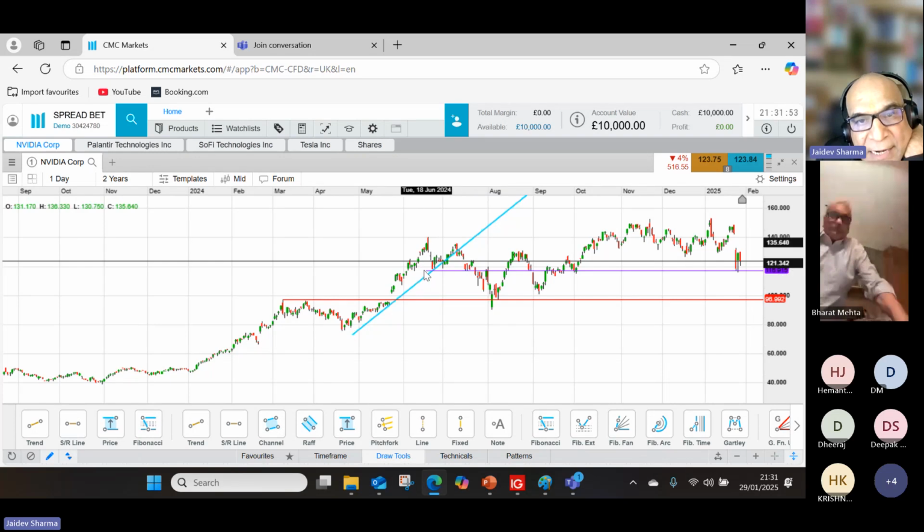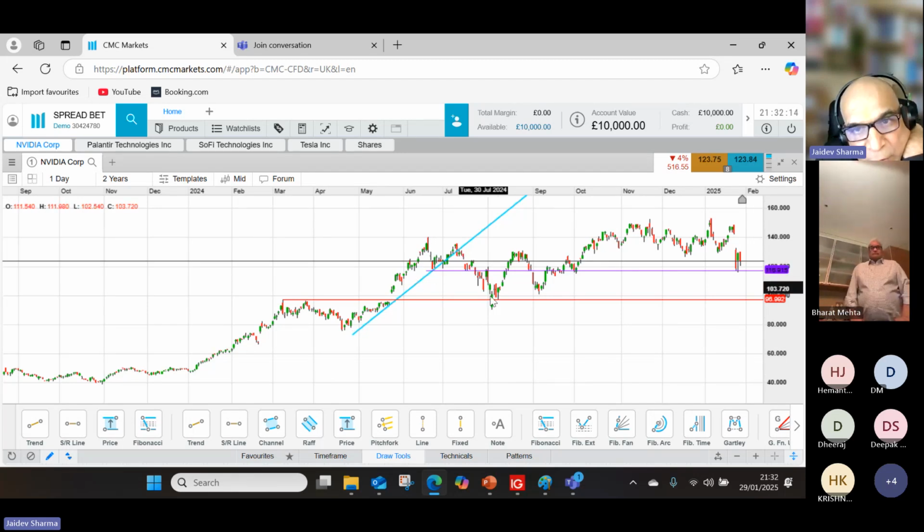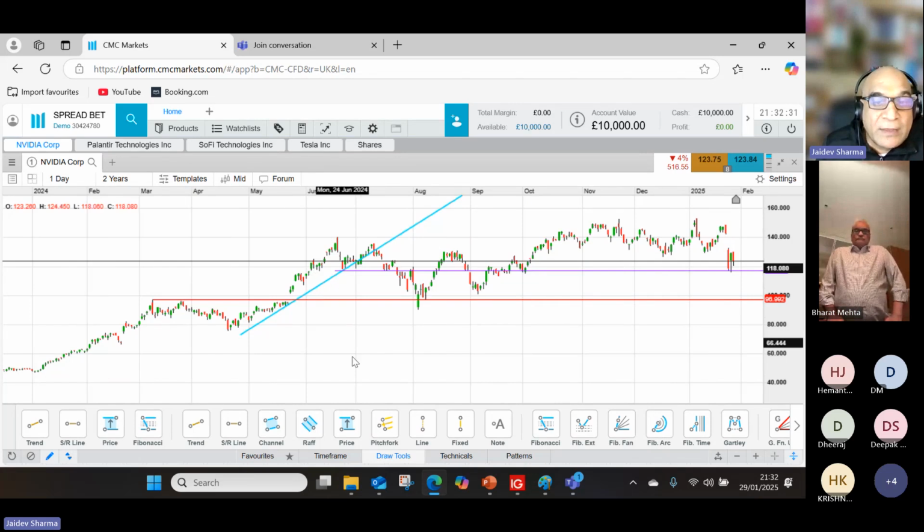So the moment it does that, it has broken the double top. The conditions are, after a prolonged rise, it has made a high, another high, and then broken the lower low. So this is an example of a double top where this is broken, and it came down quite heavily. These patterns you have to pick. They will never be perfect like a drawing, but you have to almost pick it and see whether it is